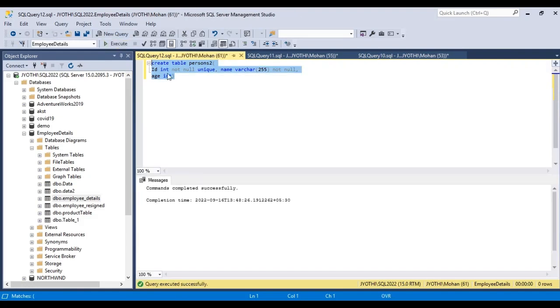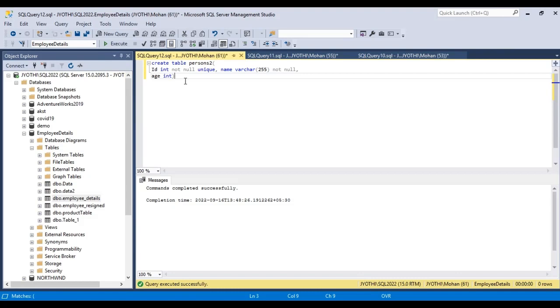So here we created a table named persons2. Now the unique constraint is created on the column ID. So only unique values are accepted in the column ID. So this is about the unique constraint.